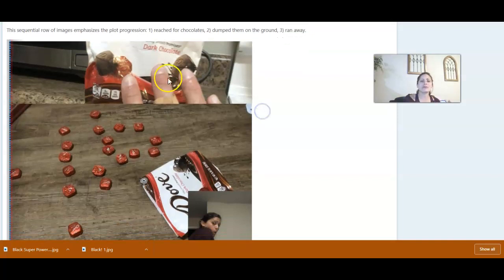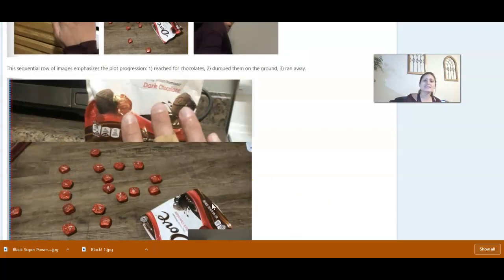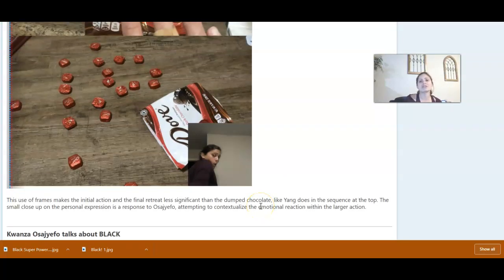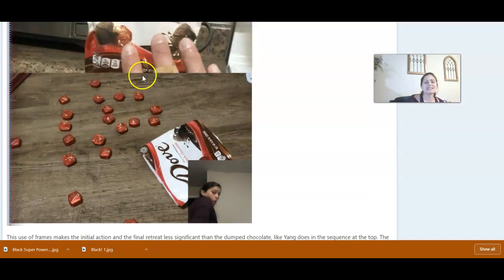Here, the framing, where you can see at the top, I'm reaching for the chocolates, then the big image is the chocolates falling, and the tiny image is me running away. Same images, but it doesn't feel the same, doesn't send quite the same message. What I was going for, had I actually been an artist who knew how to do this, was that in this one, we are emphasizing not the progression, A leads to B leads to C, but rather the impact,